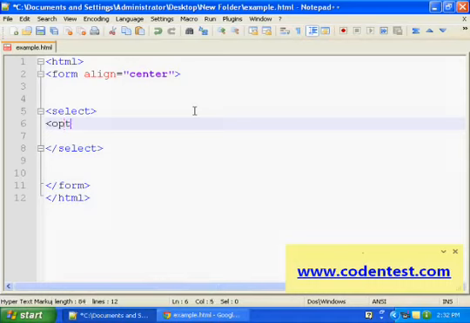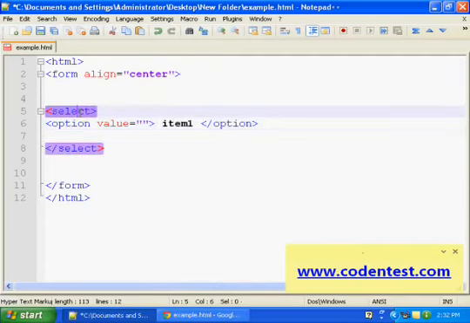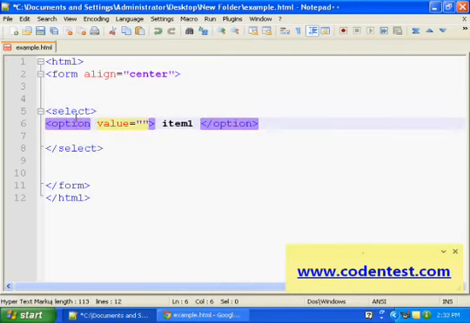And option, value equal to some name there, item 1. Let's close that tag option. This option tag is used to create the items in the list. The select tag is used to create the drop down list, and the option tag is used to create the items in that list.